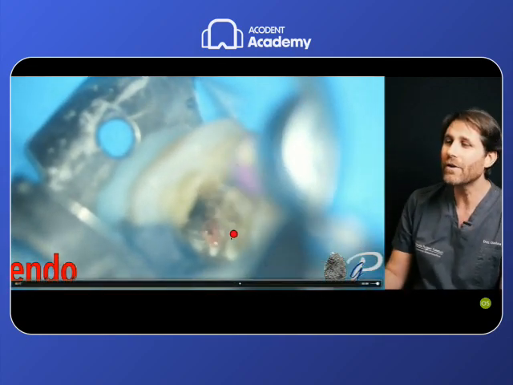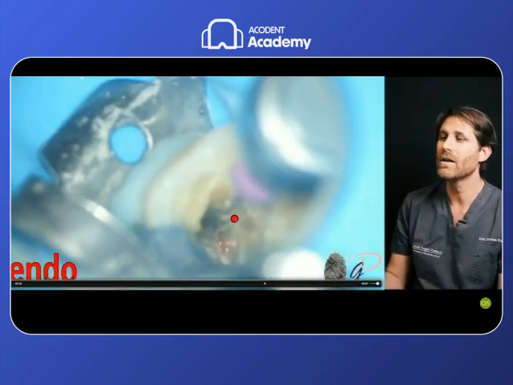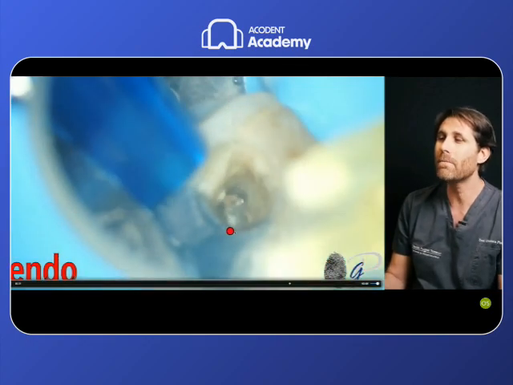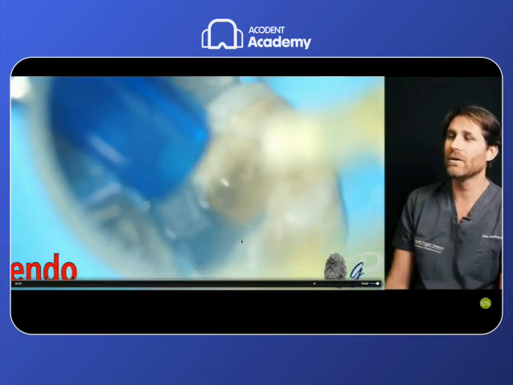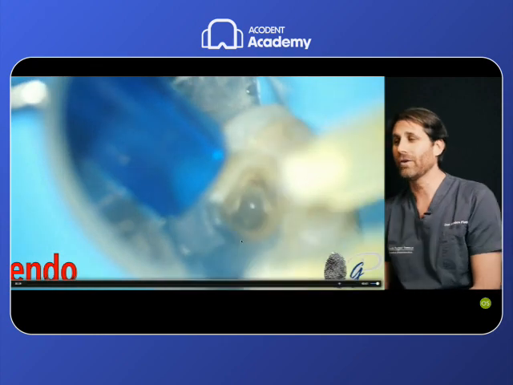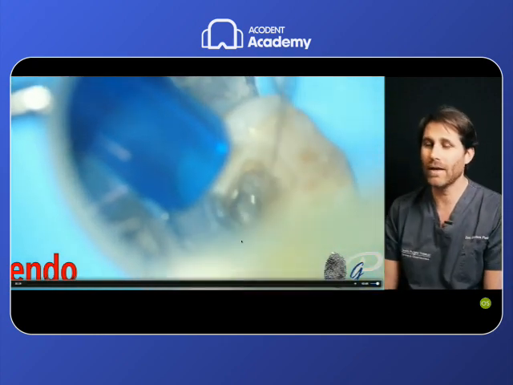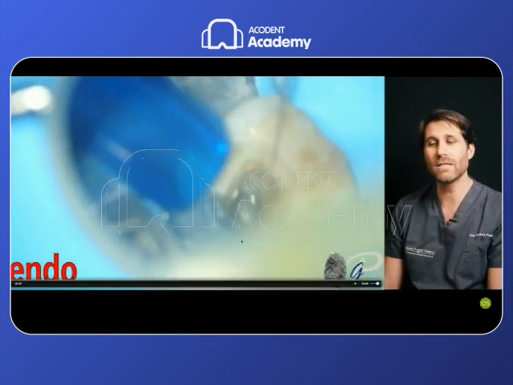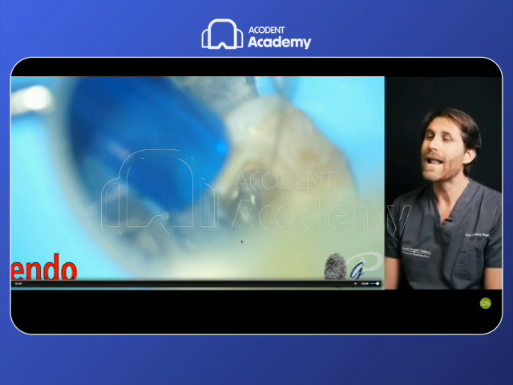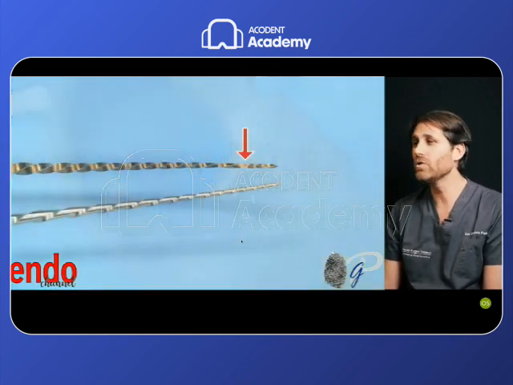And look, after removing all the calcification, we reached the apical third where bleeding pulp was found after the calcification. And this is the work that the AirPilot does and the other instruments are not able to do. And this is the picture of the instrument that I used after this.